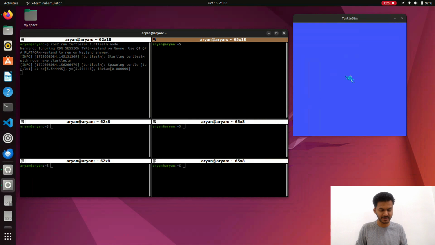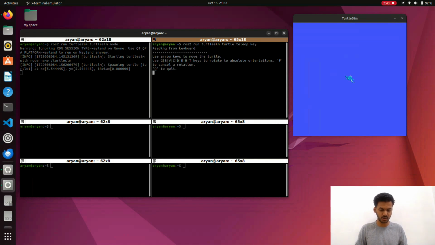Now let's try to control the turtle using the keyboard itself. ros2 run turtlesim turtle_teleop_key.